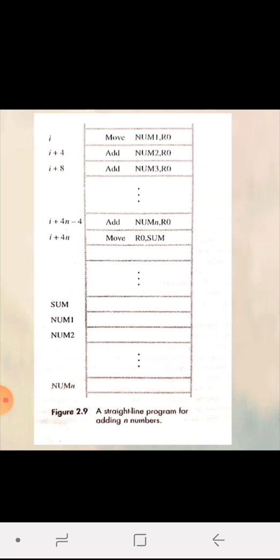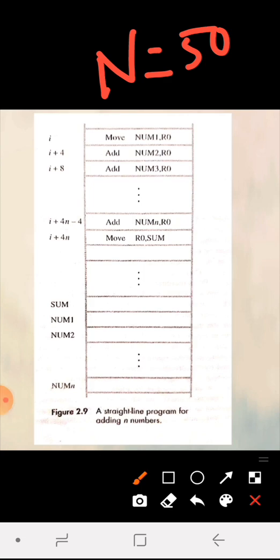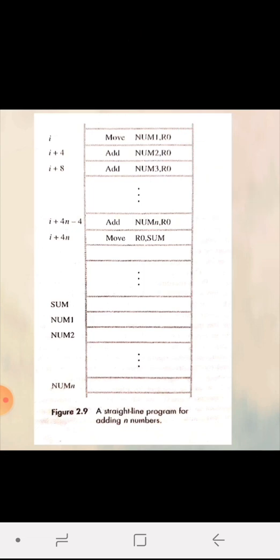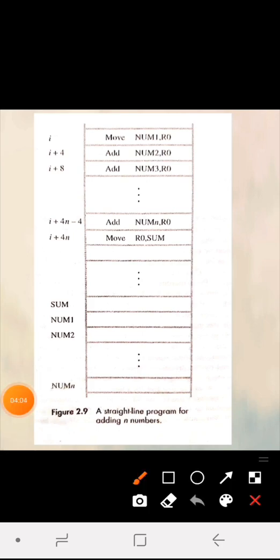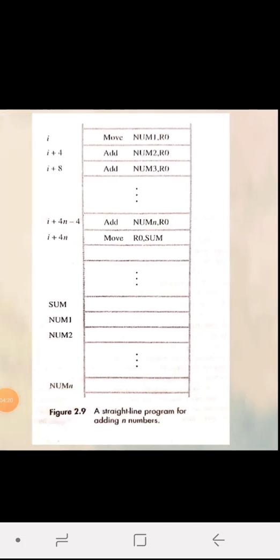So for example, if you want to do the addition for 50 numbers, then all those 50 numbers will be added. That means you need to write this add instruction almost 50 times, right? So it means that you are increasing the size of the program. The number of instructions you are using is more. That kind of programming is called a straight line program. In the previous example, you tried to add only two numbers, that is the data present in A and B, right? It was only between A and B. Now many numbers you are trying to add, that is, n numbers.